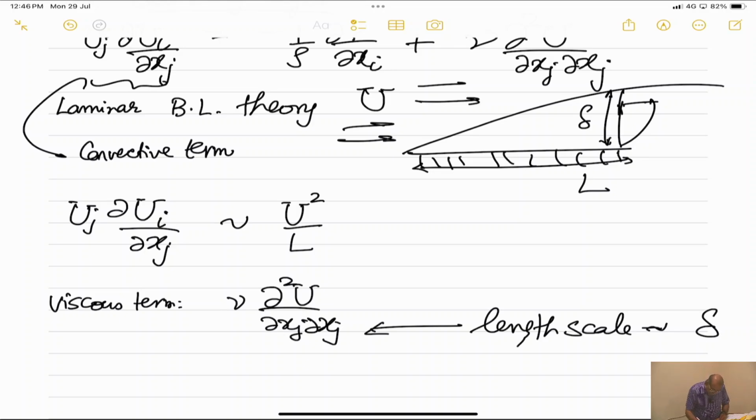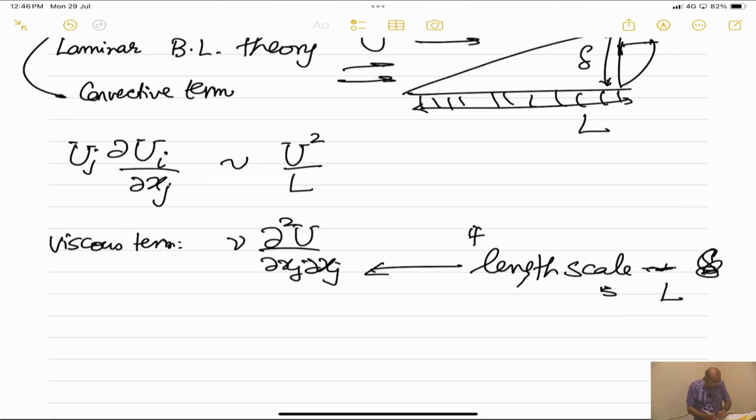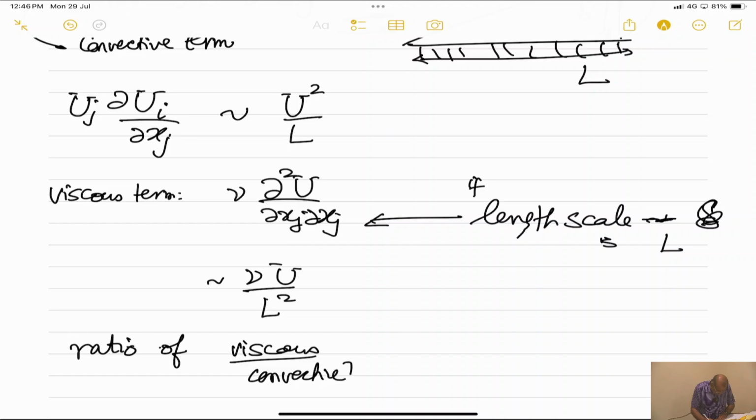So let's first talk of purely laminar flow, and we take the length scale as capital L. Then if you look at this, this term becomes of the order of nu U upon L squared. And then when we take the ratio of viscous to convective term, this will be equal to